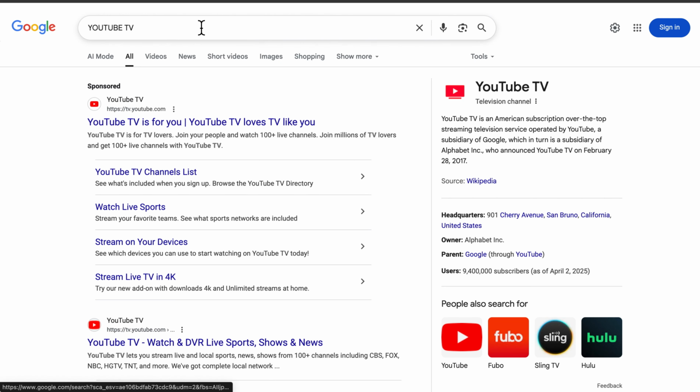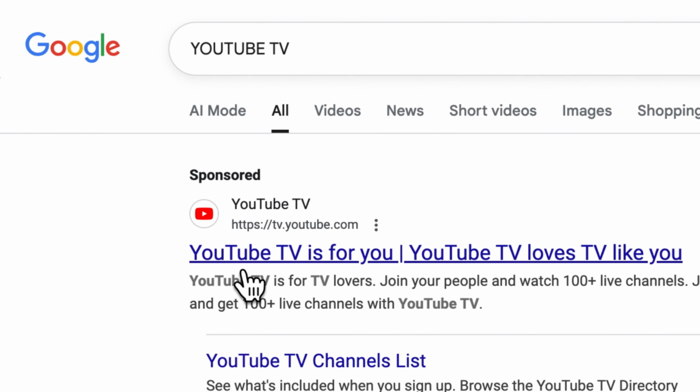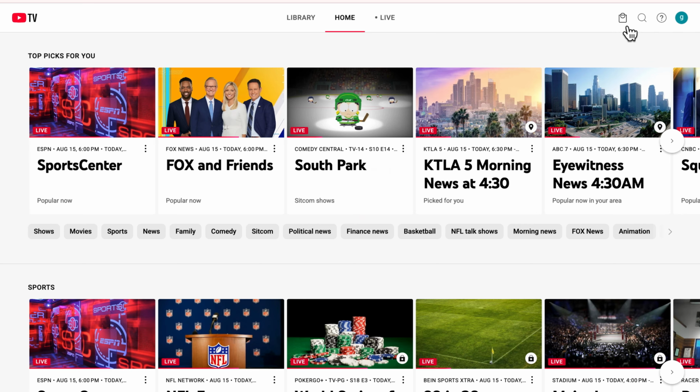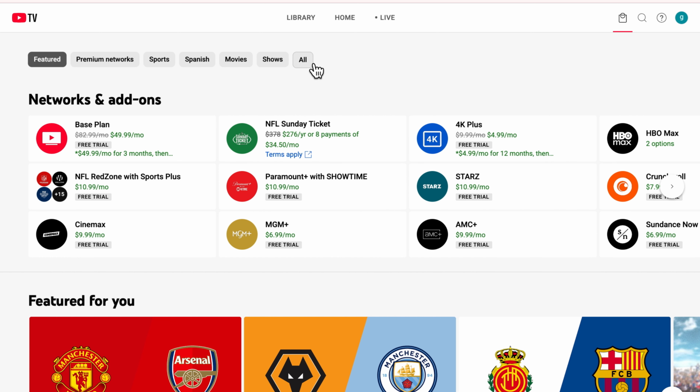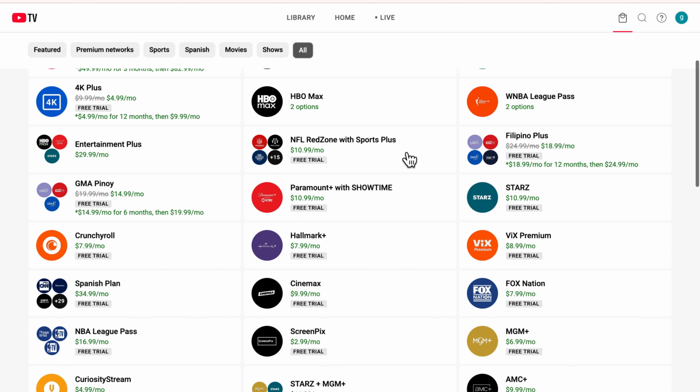To make it easy, you want to use your computer or laptop to do this. And then here at the desktop version, you want to sign into your YouTube TV account at tv.youtube.com. At the homepage, you want to click at the shop icon at the top right of your screen. Then you want to click on all. And if you scroll down a bit, as you can see this ViX Premium, you want to click on ViX